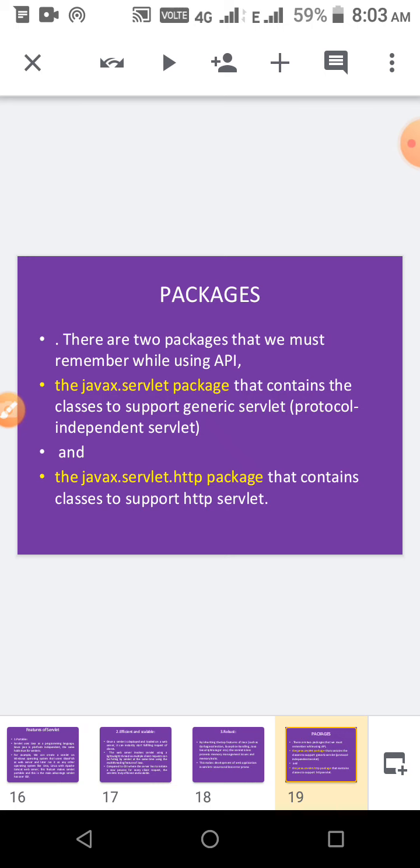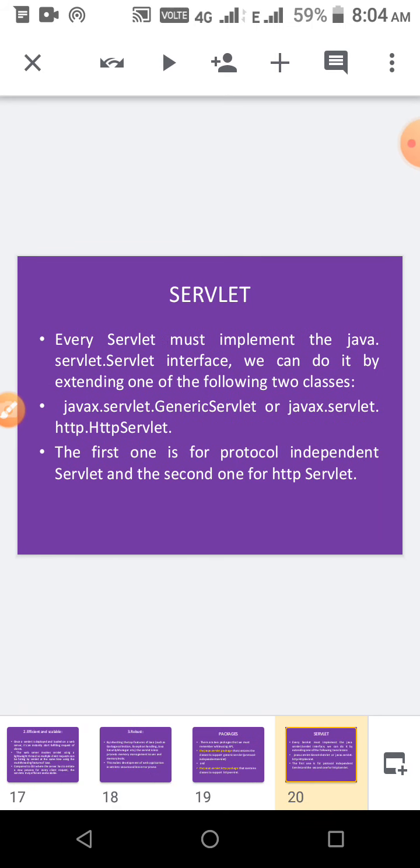If you want to use the servlet, we need two packages. One is the javax.servlet package, another one is the javax.servlet.http package. And then, what is a servlet? Every servlet must implement that. So whenever you are writing the program, it implements two things. One is the javax.servlet.Servlet interface, and then